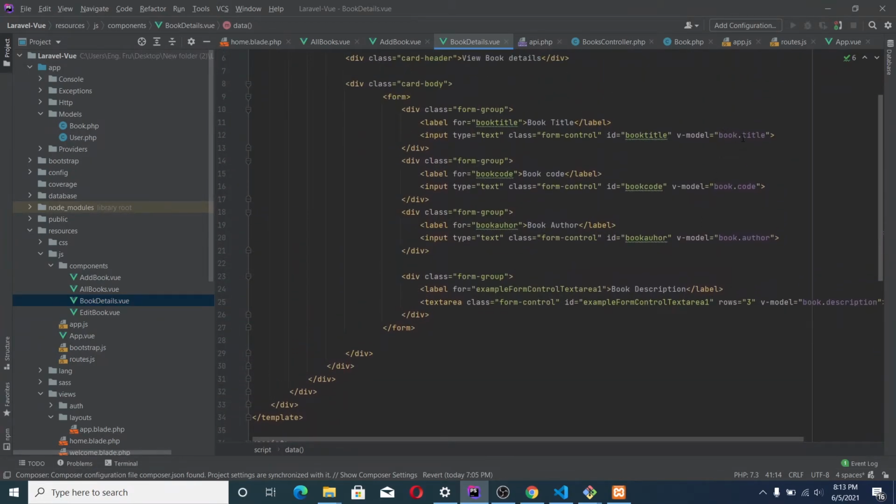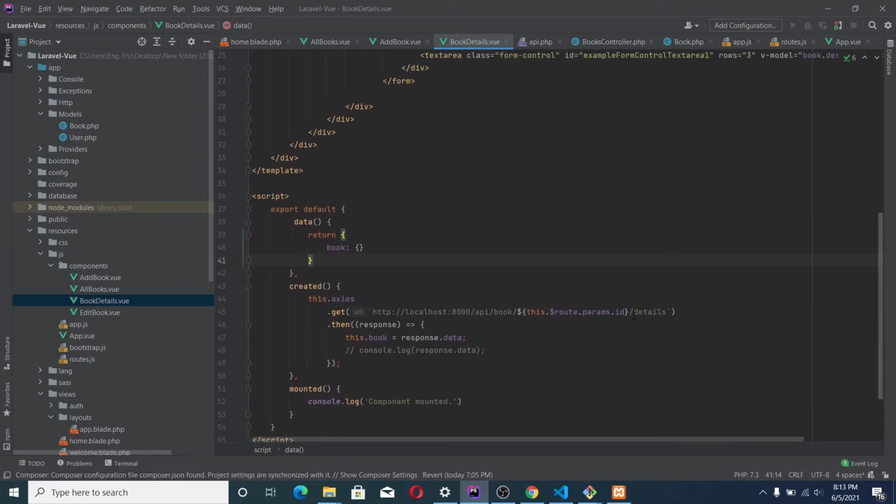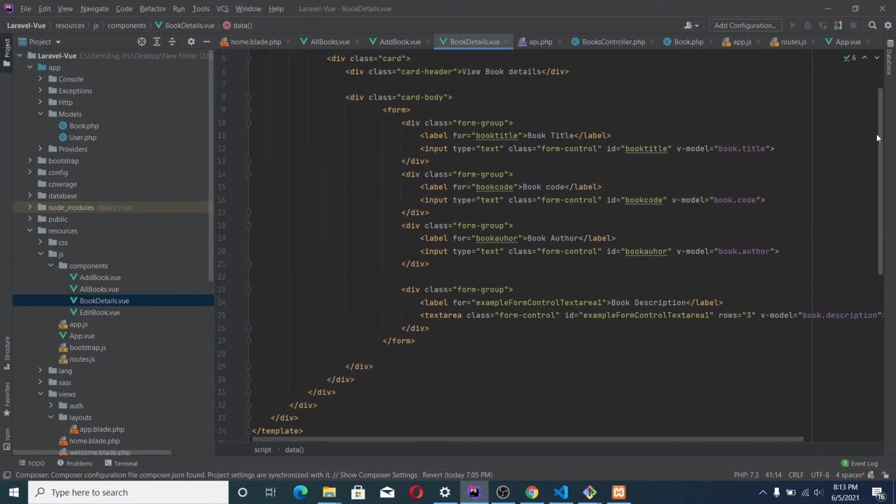So we have book title, book code, book author. Anytime we receive data from the database, it initializes this variable, and because this variable is initialized, the changes are reflected here. So we're going to have all our information as in the database right up here.